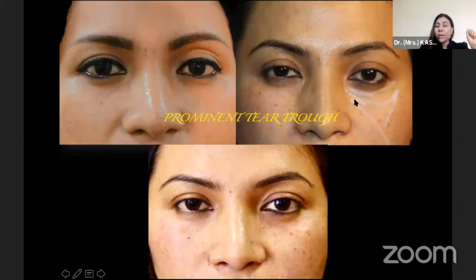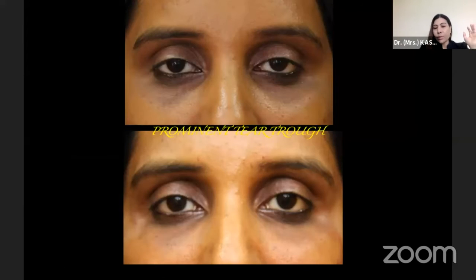And what are the 3 points where to place? If you draw a line just at the inferior orbital rim and 1 centimeter below you draw the second line, the space between these two lines is where you need to inject the TT1, TT2, TT3, which really corrects the tear trough. As you can see here, all the valleys are being treated.